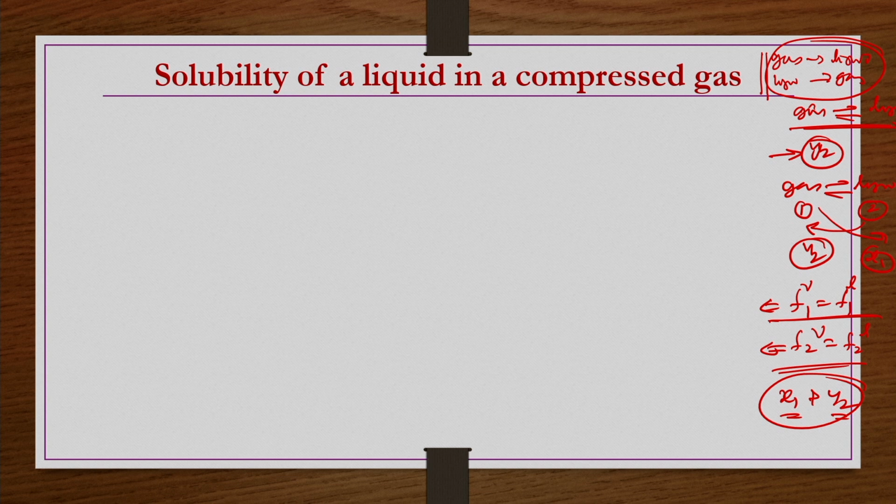So, for both components the equal fugacity rule we have to utilize and then find out y2 and x1. y2 is how much liquid is present in the gas phase because of the solubility of the liquid in gas, and x1 is how much gas is present in the liquid. x stands for the liquid. So, how much gas has been dissolved or transferred to the liquid phase, you can obtain by x1, because 1 we are designating for the light gaseous component and 2 for the heavy liquid component. So, that we are going to do now.